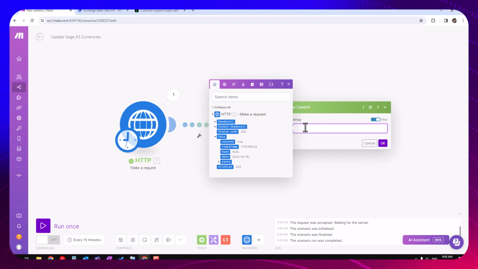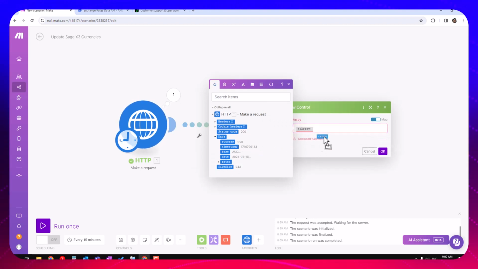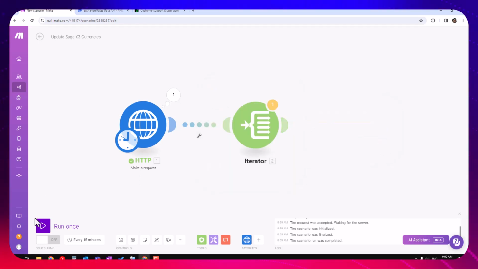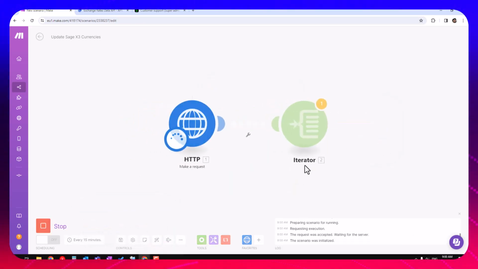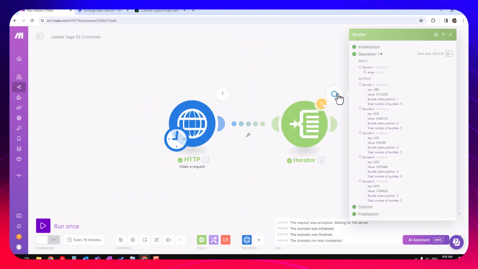So I need to first of all convert it to an array. There is a function called toArray. Just open that, and it will turn gray, and just drag and drop this rates collection under that. Okay, and close the brackets. If you click OK now and run this again, you will see that this goes into the iterator and gives us an output which is now 5 bundles, right? So now we've got a bundle for British pounds, euros, USD, SGD, and we can now use these values